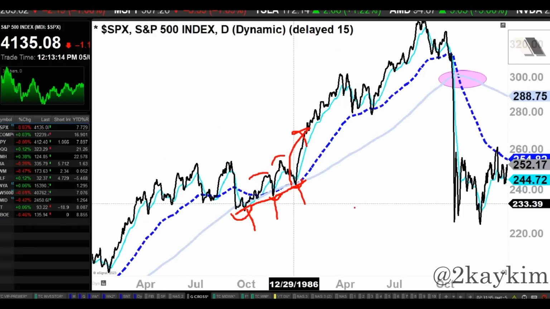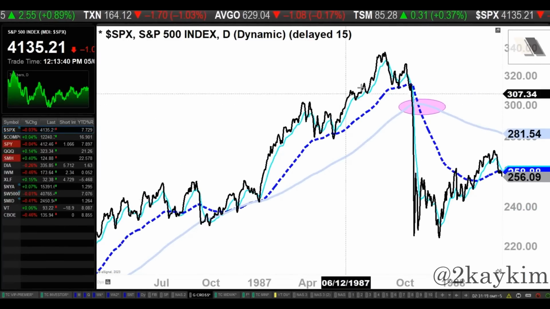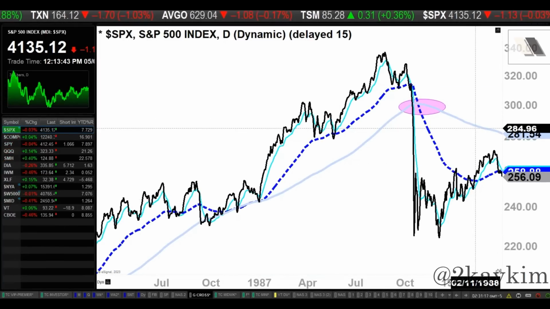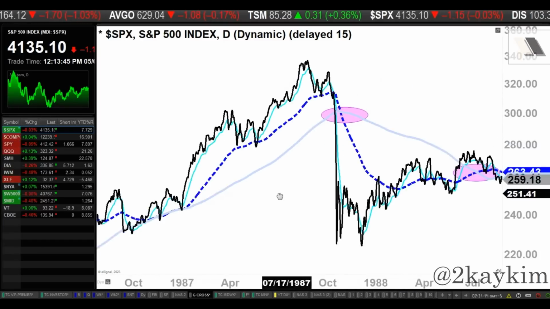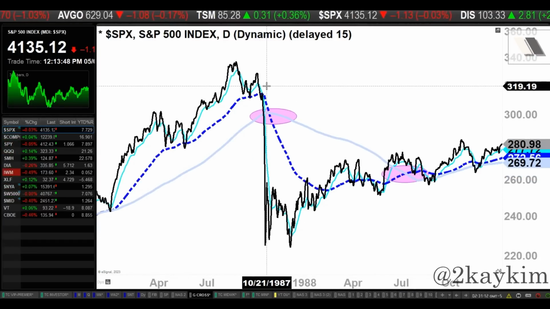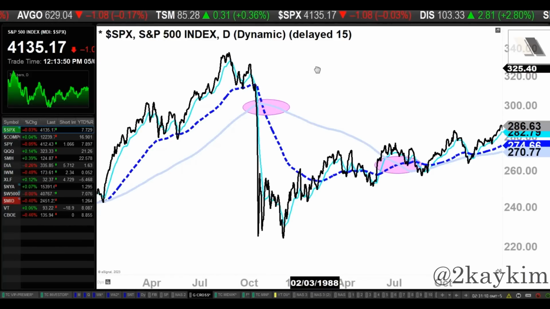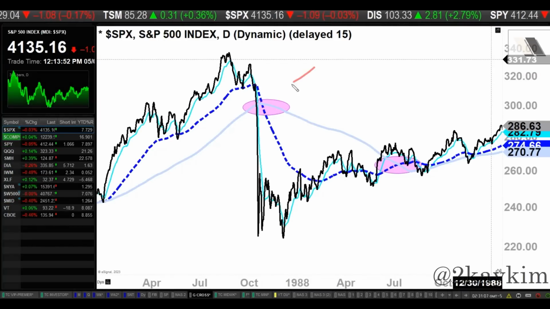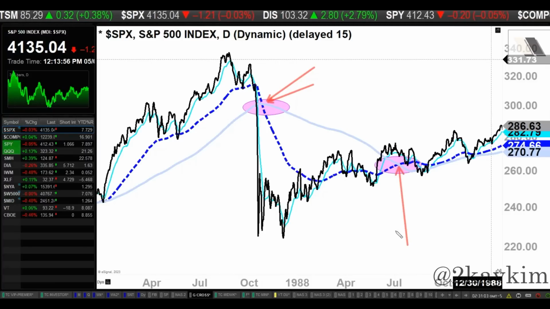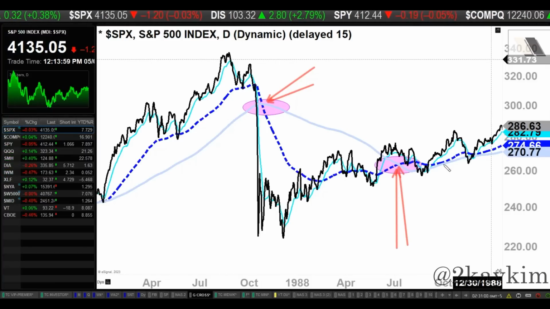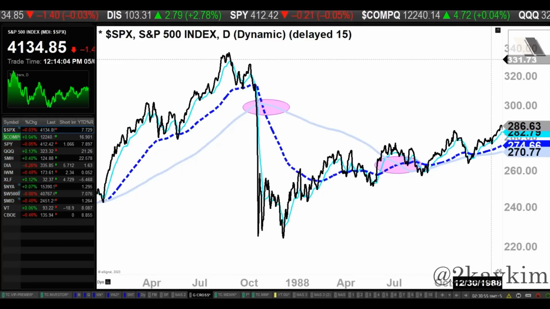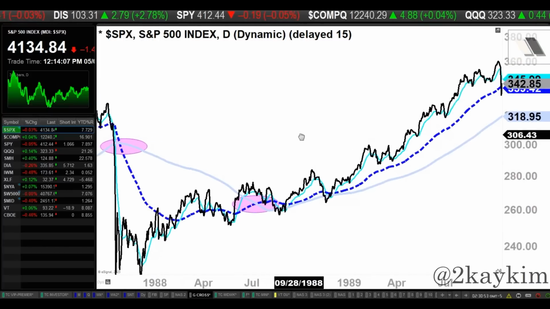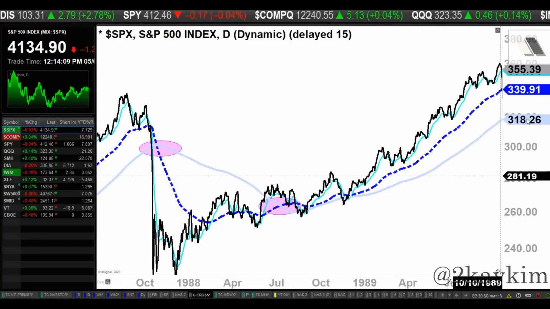Finally, we broke out to the upside, and we saw a very fast up move there in early 1987 to late 1987. This is what is known as 1987 Black Monday. It happened in October 1987 there. So we see that very prominent death cross there. But about a year later, maybe less than a year later, we did see that golden cross in July 1988. And once that happened, what happened? We got right back up to new all-time highs.